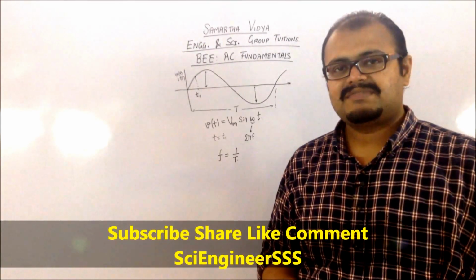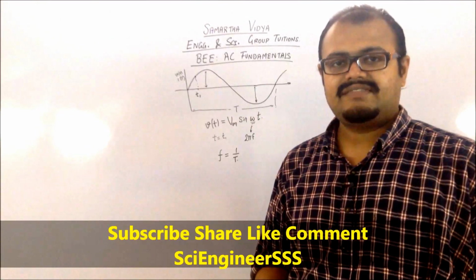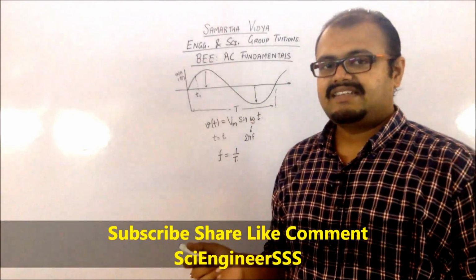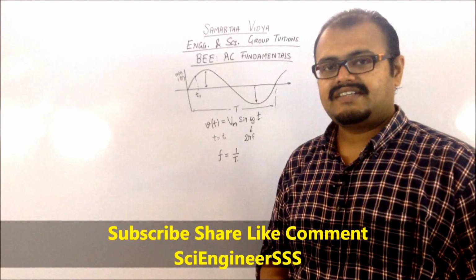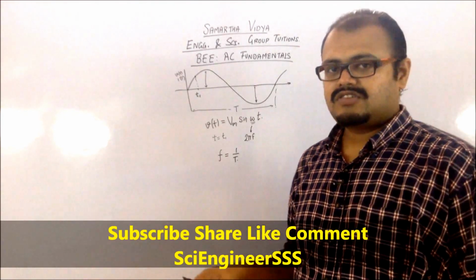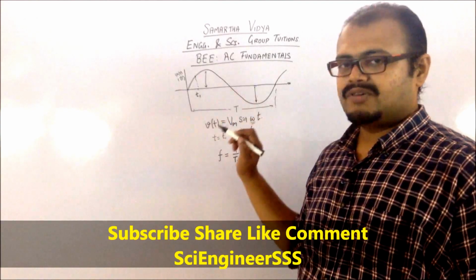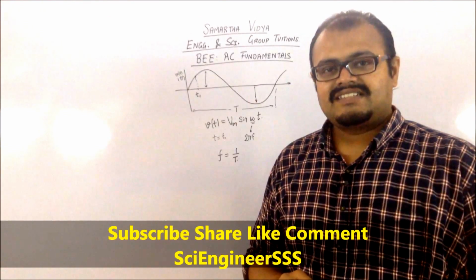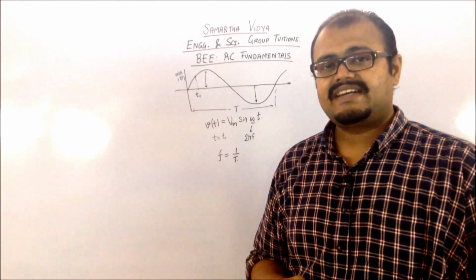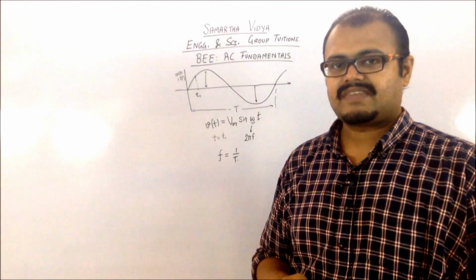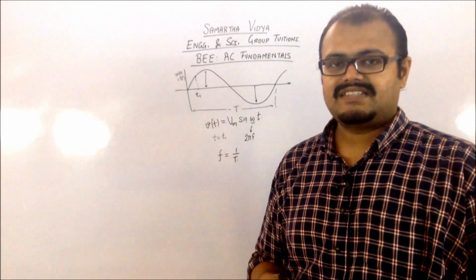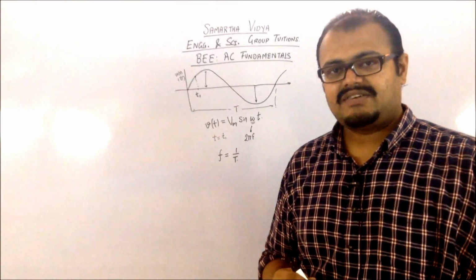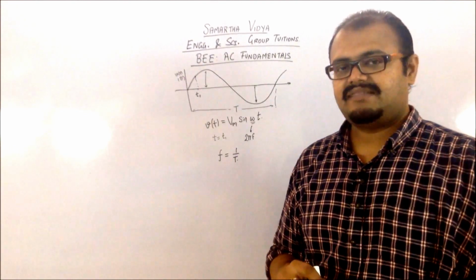So average value, as the name suggests, it is just taking the average of the quantity which is in consideration. In this case, you have to remember one thing, that since we are dealing with alternating quantities, and alternating quantities will be most of the times having an equal amount of positive value and equal amount of negative value. So whenever you are taking average of such signals, then you will always get the average value as 0, because the positive will be compensated with the negative values. So in such cases, to find the average value of your AC quantities, you only consider half the time period.